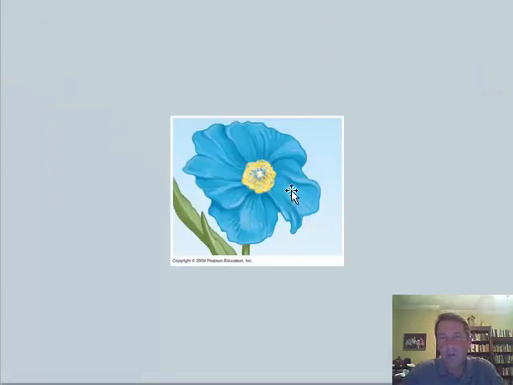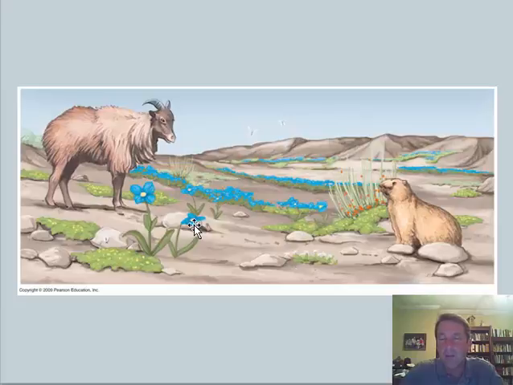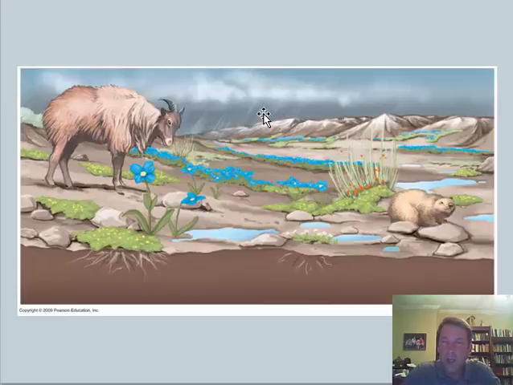Here in your book, it shows an example. Here's one individual flower. We can study the features of that flower that help it survive and reproduce. This is a population, all the same species that live in an area. This is a community: those flowers, grasses, these animals, any insects. All the living stuff found there is part of the community. The non-living stuff is part of the ecosystem, like the rain and the weather. Water, the soil, all that's part of the ecosystem.